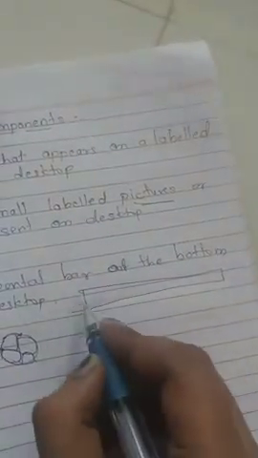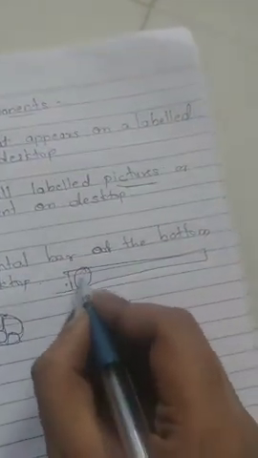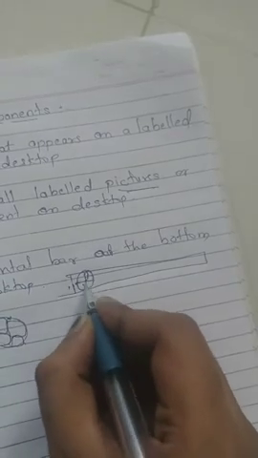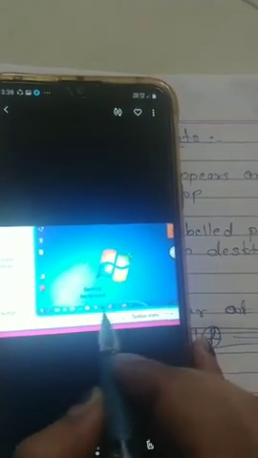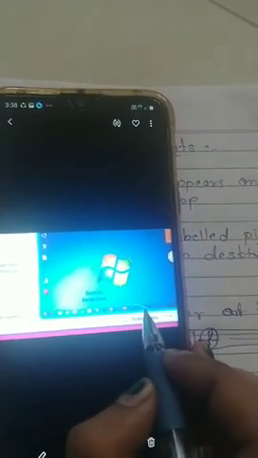Here is the start button. This line present at the bottom of the desktop is known as the taskbar.